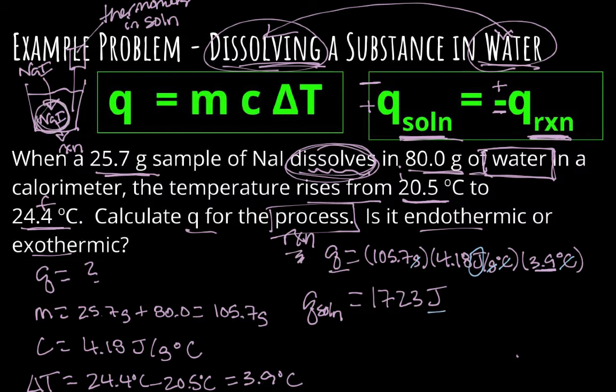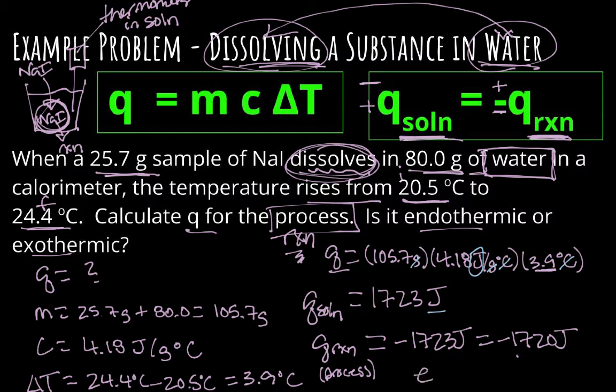So what I'm going to do here is flip the sign, and Q for the reaction, which is the process, is going to be a negative 1,723 joules. Okay, and if we want to round to sig figs here, I'm going to go negative 1,720 joules. So that negative sign means it is exothermic, because as that sodium iodide dissolves, it's releasing energy, which is why the temperature of the water